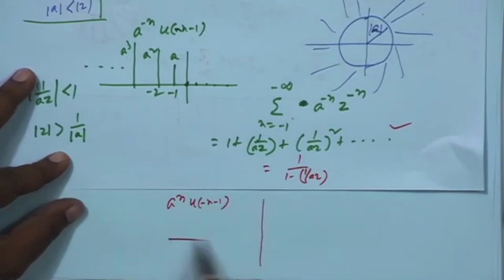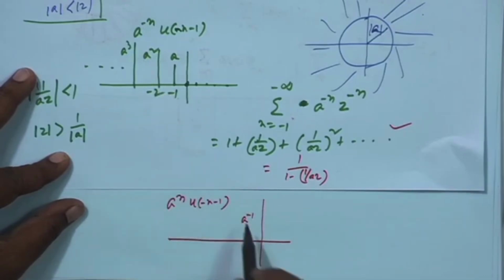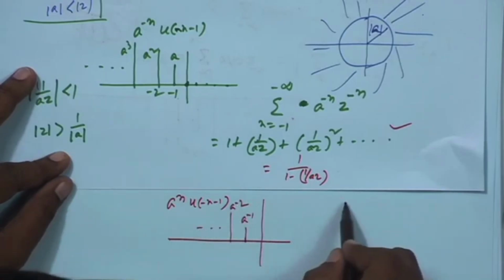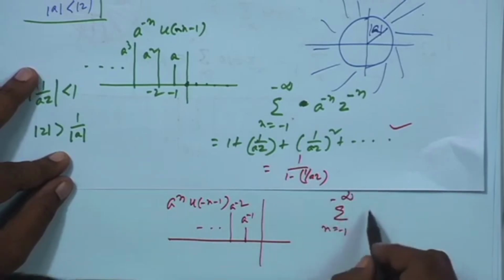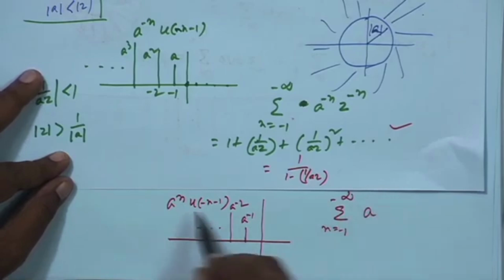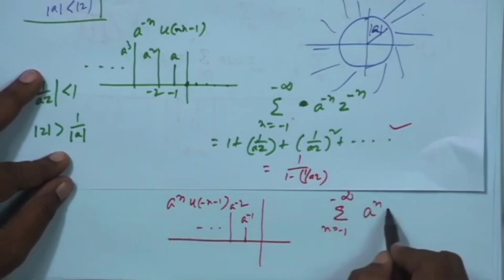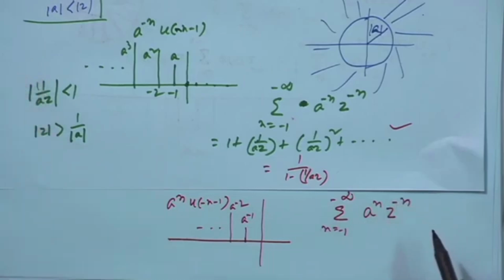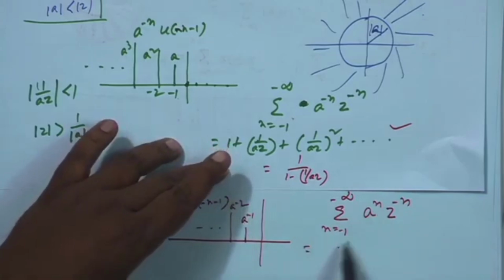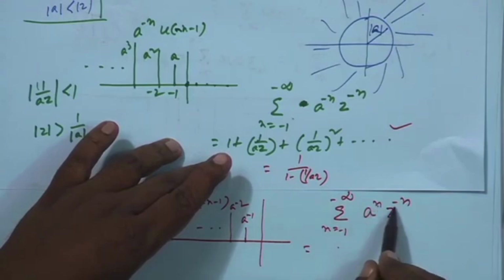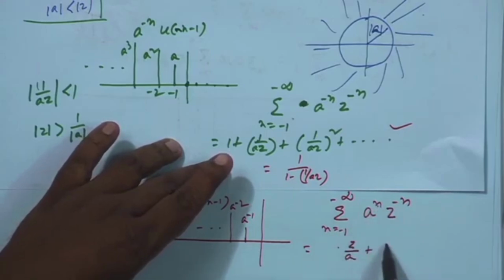In that case, the sequence will be from here only, but n is minus 1. So, it will be a to the power minus 1 instead of a, then a to the power minus 2 and dot dot dot dot. In this case, Z transform will be the same way. A to the power n, okay. That means a to the power minus 1. So, z by a, then z square by,